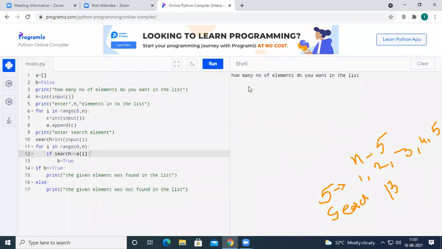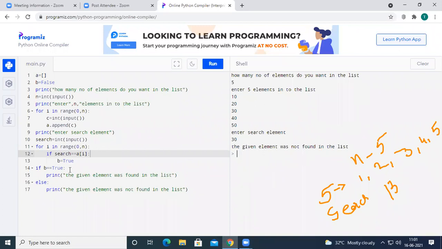If I run the code again, I have entered the 5 elements, 10, 20, 30, 40 and 50, and my search element is 30. Even though we entered 30, we are getting the output that the given element was not found.